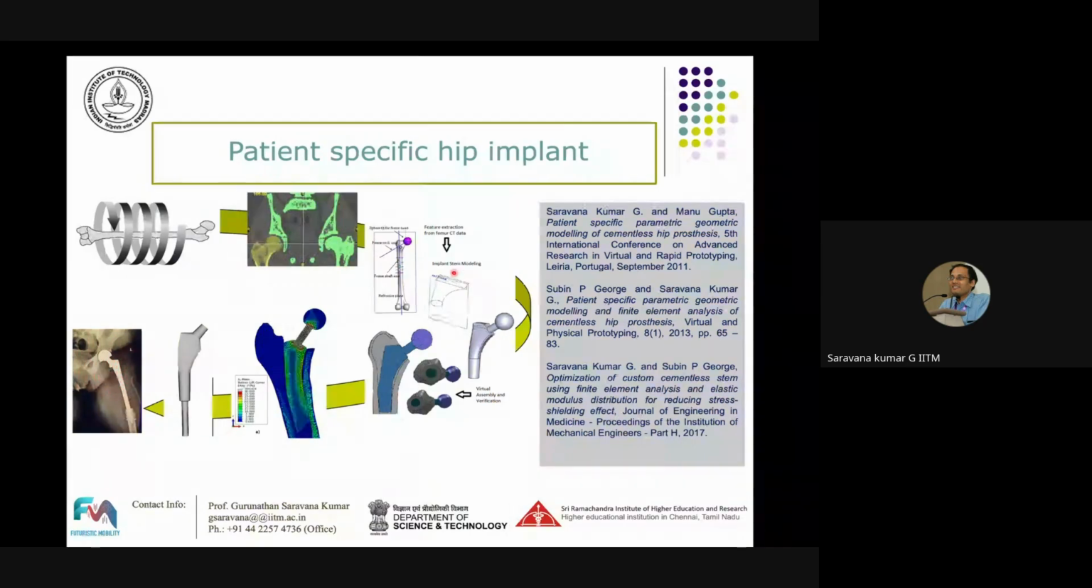Here we have in fact developed several methodologies for automating these design steps. So we have developed geometry modeling tools to process these geometries to extract